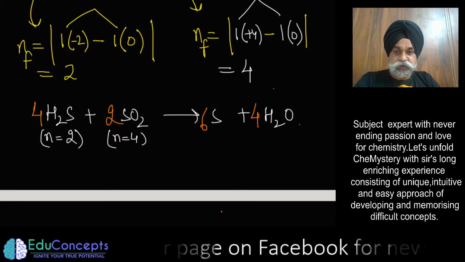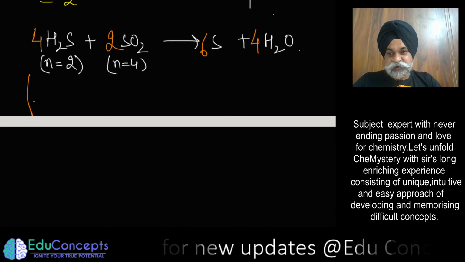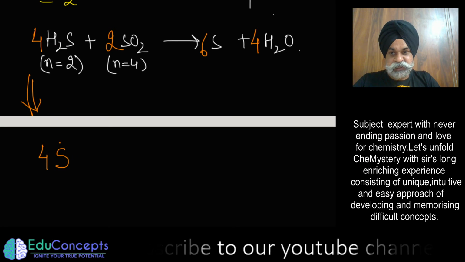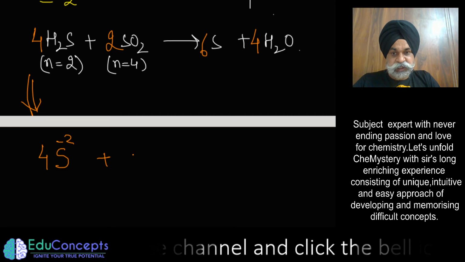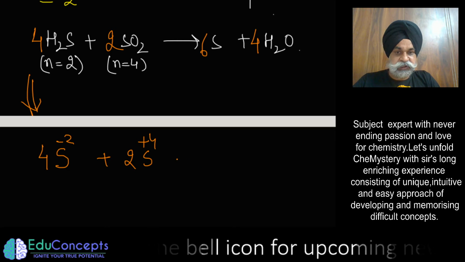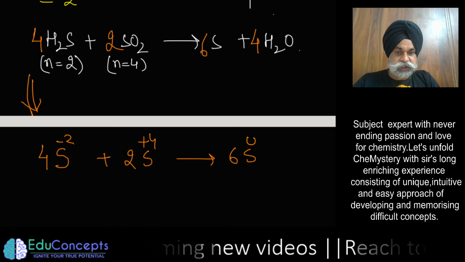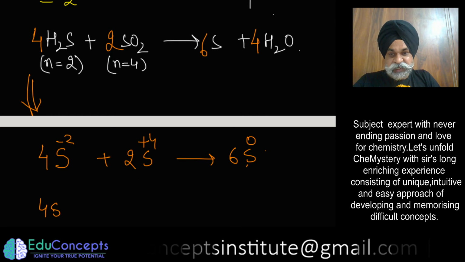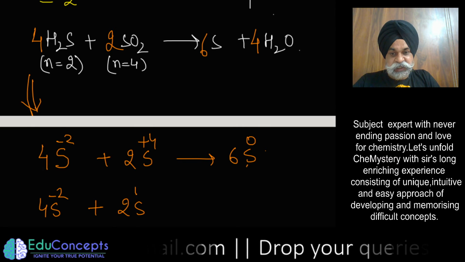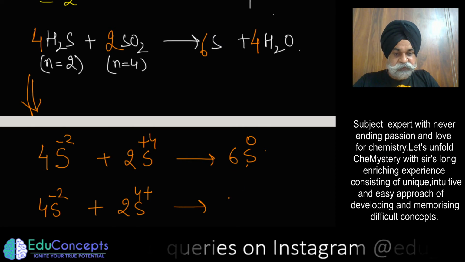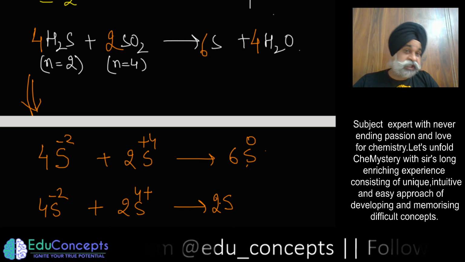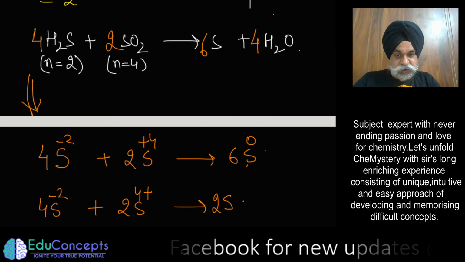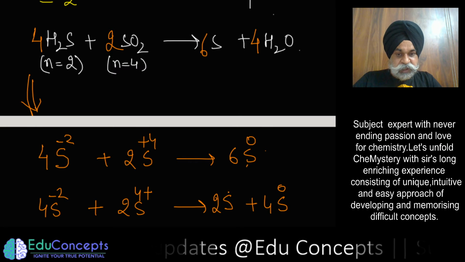Now, if you want to do a little more dissection of this, you can say there are 4 sulfur which are in -2 oxidation state, and there are 2 sulfur which are in +4 oxidation state. All of them are going to 0 oxidation state. Now this 6 sulfur, you can also write it like this if you want, just to have an understanding of the thing. Out of this 6 sulfur, you can place 2 sulfurs, which we did for the disproportionation in the previous slides when we go from this side to that side. So that is what you call disproportionation. So you can write it like this.